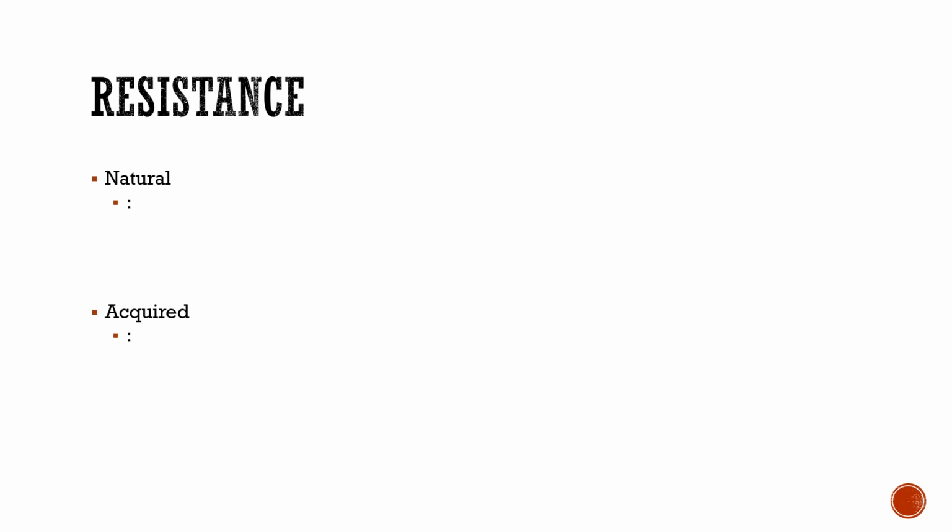Whereas acquired means at one point that microorganism was affected by the antibiotic, but somewhere along the way, the bacteria evolved a resistance to that antibiotic and is no longer affected by it. That's the one that we're really worried about, right? If they're naturally resistant, they're naturally resistant. But them being able to acquire resistance is concerning because that's limiting the available drugs we have to fight or combat these microorganisms. You're seeing this, of course, with MRSA, VRE, C. diff,